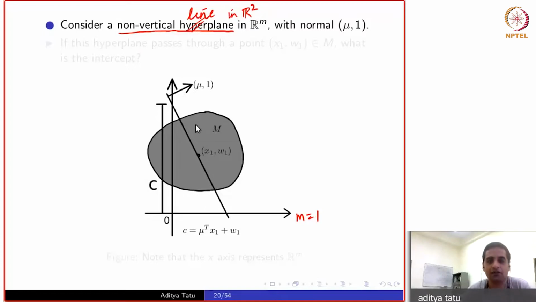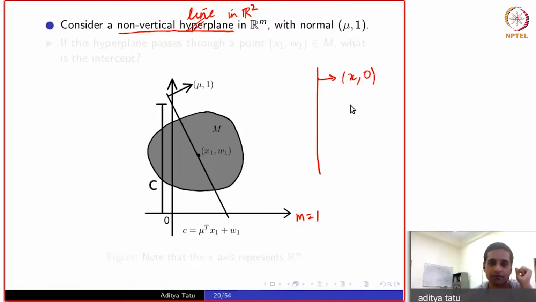Non-vertical and vertical, what would be the difference? If I take this as my vertical line, what would be the normal vector to this line? If I write the y coordinate of this normal vector, that would be